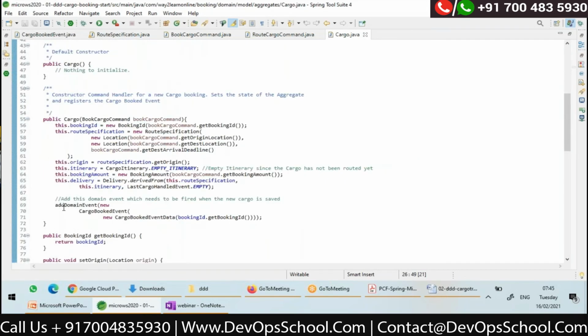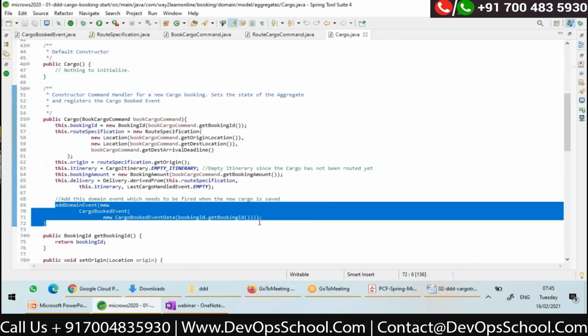Once we register an event like this, later I'll show you transaction event handlers that will be invoked, and there I'll have logic to push those entities to my RabbitMQ. I'll be using RabbitMQ, and of course I'll be using Spring Cloud Stream. I will show you the logic.